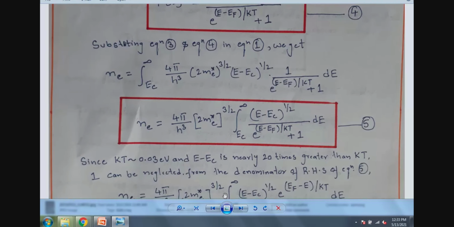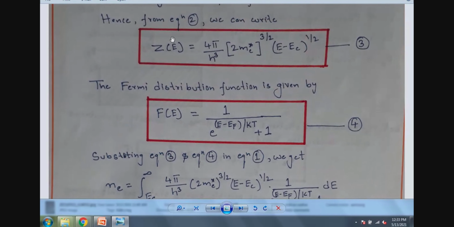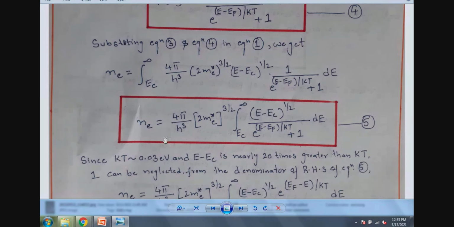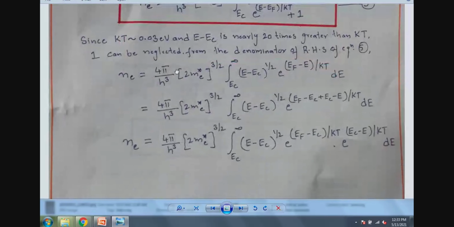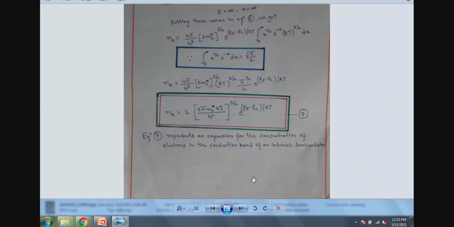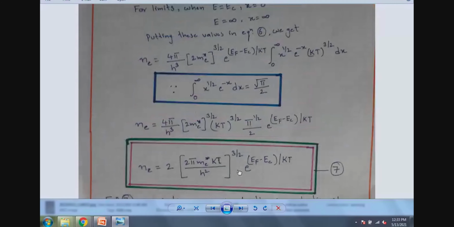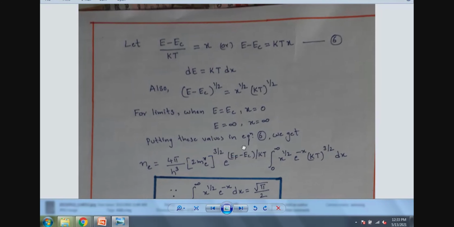Okay. So what you have is that, please keep it in mind, the value of Z of E and F of E. Once you know the value of Z of E, just for mathematical expressions, you can solve this one. Okay. Now what happens here? You got the equation here. So let us move to the next. Right. So we are coming to the conclusion now. So we have the condition here.